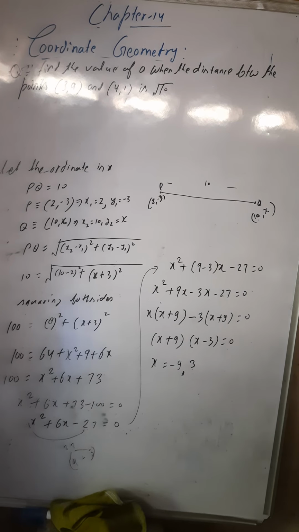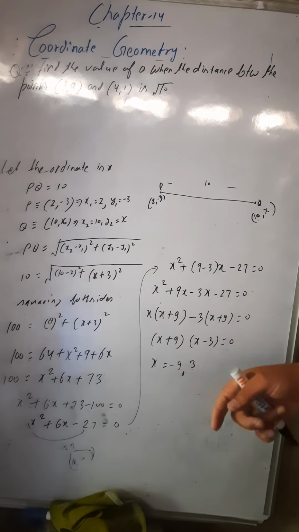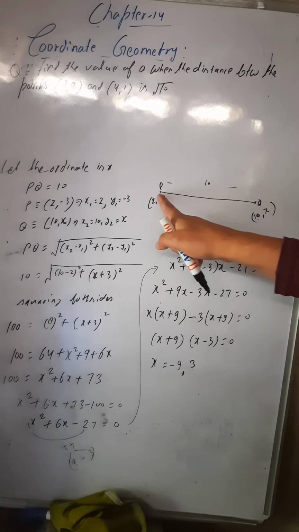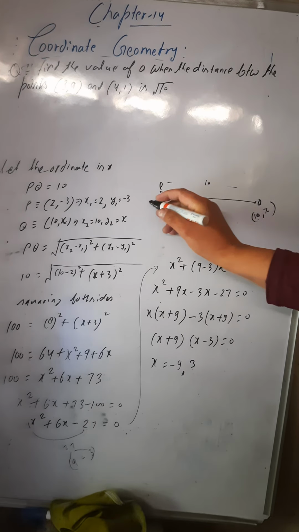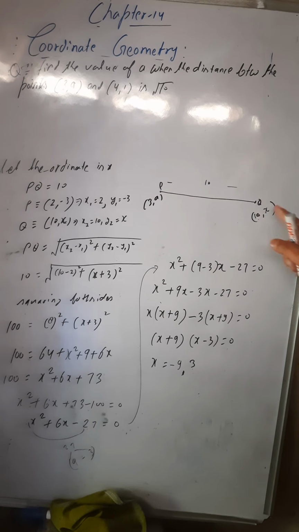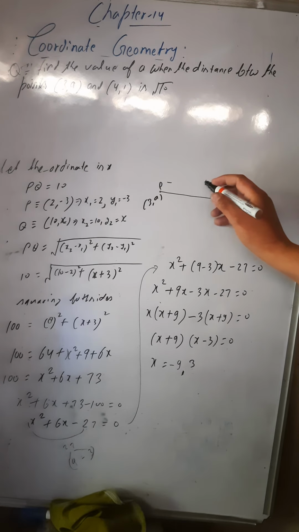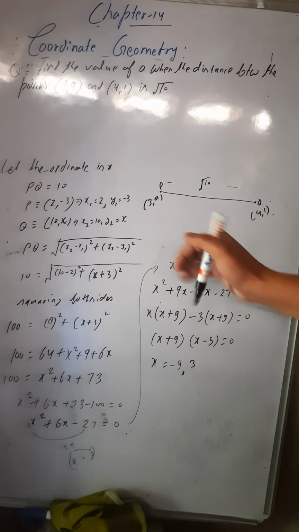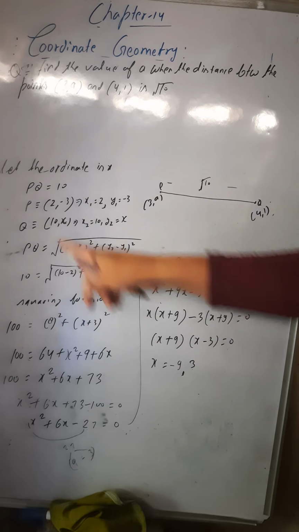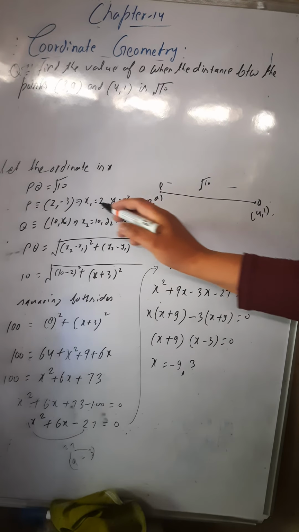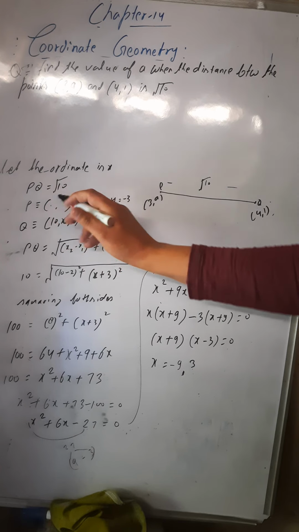So here you have to find the value of a. Now see, in place of P you have been given the point 3 comma a. In place of Q the point is 4 comma 1. Now the distance has been given here, not 10, it is square root of 10. Similarly, the same way you have to use this one formula. PQ is under root 10. P, this point is 3 comma a.